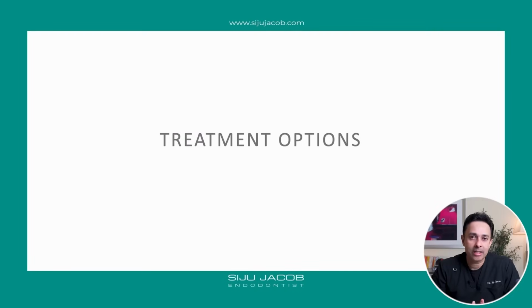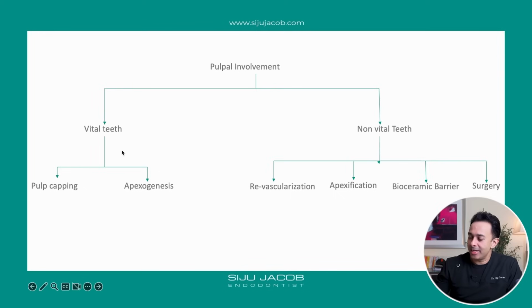So if you ask me, I like to categorize treatment options in the following way. This gives me an idea of how to proceed. Let's say a tooth has a pulpal involvement and there's an open apex. The first thing we see is whether it's vital or non-vital. Now, if the tooth is vital, then the first thing we see is is it symptomatic or asymptomatic? If it is asymptomatic, then pulp capping is an option. If it is symptomatic, then our goal is to do apexogenesis, which means we remove part of the pulp and then allow the uninflamed part of the pulp to continue growing. That's what we call apexogenesis.